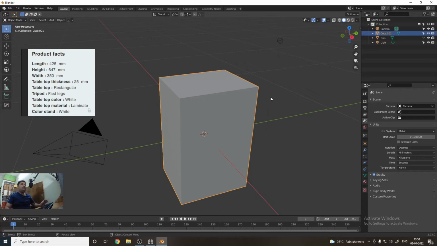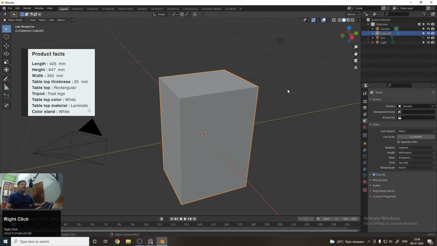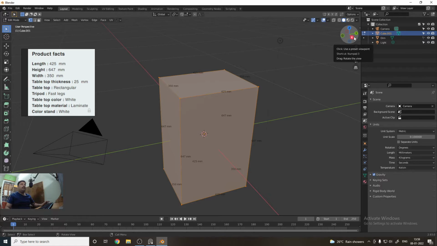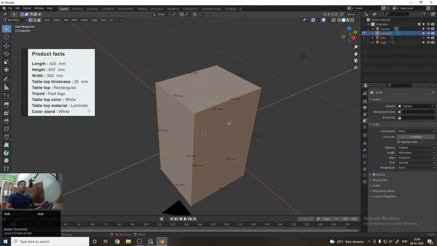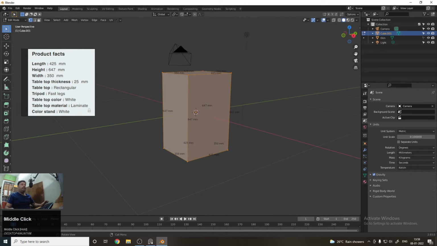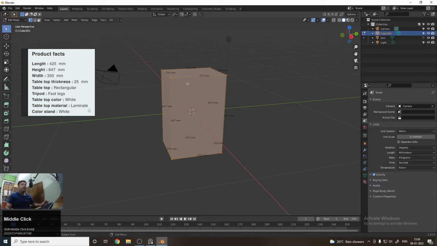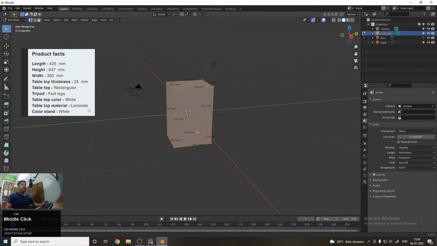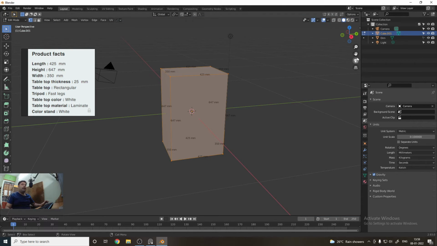We can do it in two methods: by just scaling it in the normal way, and the second is by going to edit mode with the help of the Tab key. Then you have to go to the front view. Here you can click the front view and you can click the back view. If you want to rotate the canvas, you just have to press the middle mouse button to rotate. If you want to pan, you have to press Shift and the middle mouse button. And if you want to zoom using the keyboard, you can use Control and the middle mouse button, moving the mouse up and down to zoom, or else the same features are also provided here.